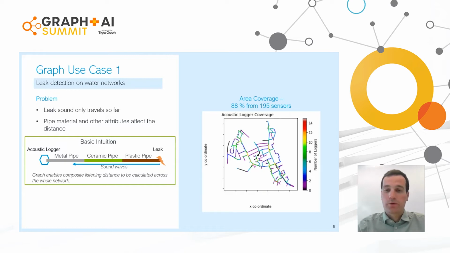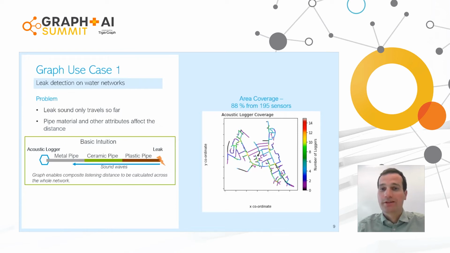So you have some pipes with no color at all, they're just black lines, and no logger can hear that pipe. So if there's a leak on that section, we wouldn't be able to hear that leak using these loggers. Whereas in the middle of that map, we've got some lighter colored areas, greens, yellows, reds even, which represent a section of pipe where we've got 8, 10, 14 loggers potentially hearing that same section of pipe,